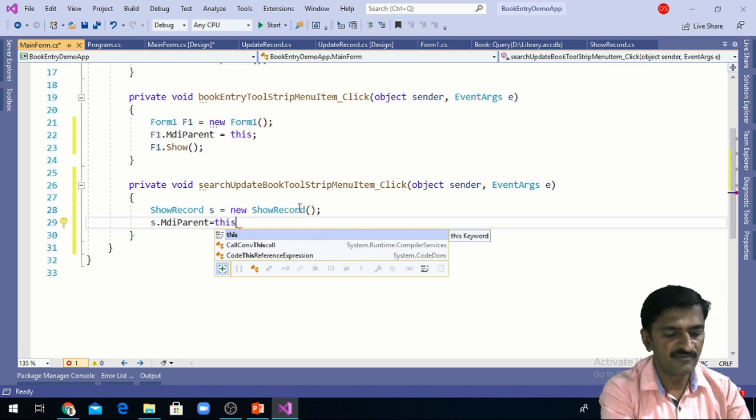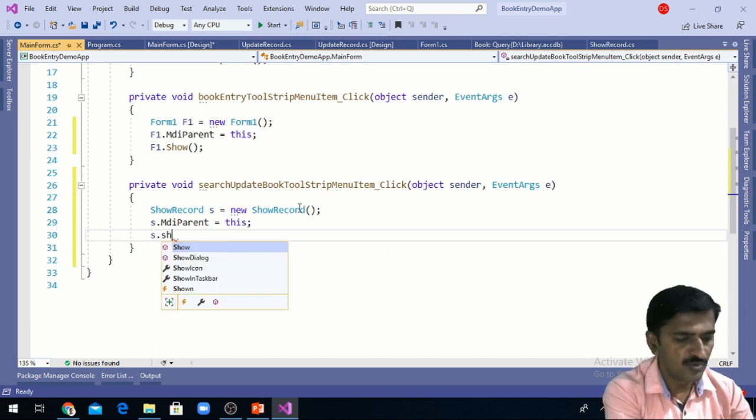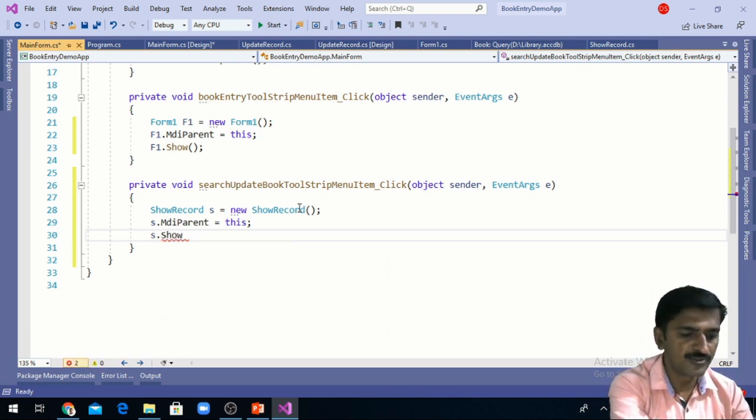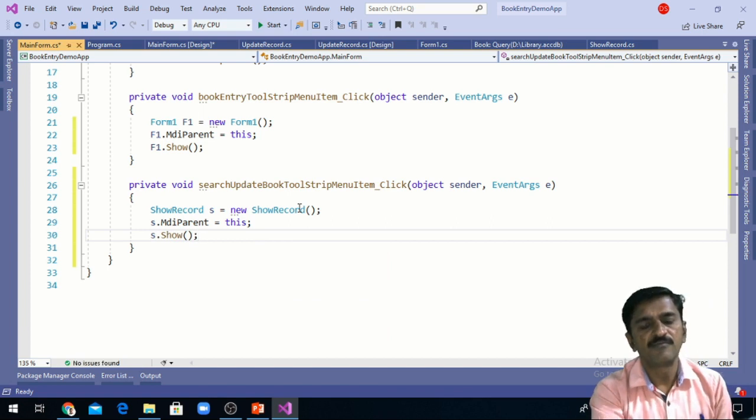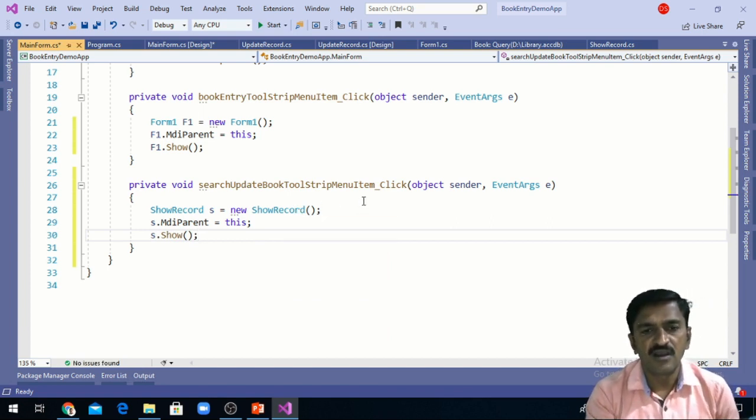This is the MDI parent form of this form, and this ys.Show function needs to be called to display that particular form, right? So in this way we can attach the two forms to that main form.